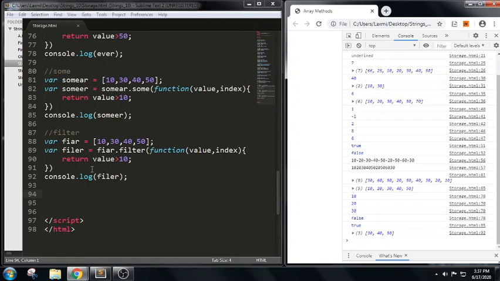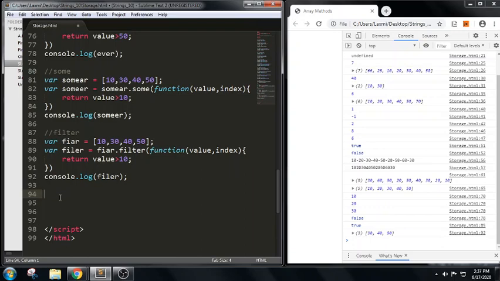Can you see? Based upon the condition, it is creating a new array. If it is able to match this condition and filter the elements, then it will create a new array. If not, it will create an empty array. So we got it that way, filter is done.